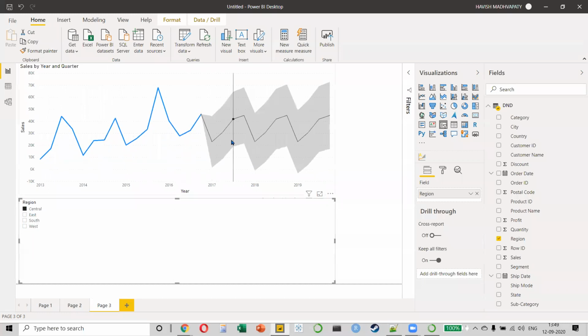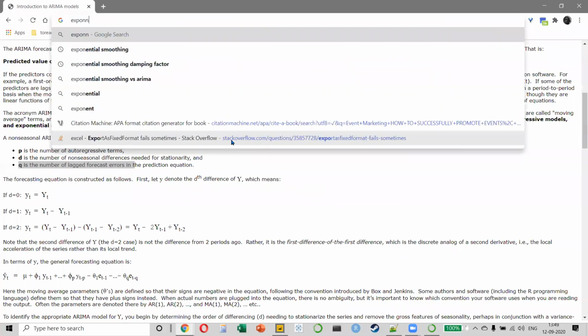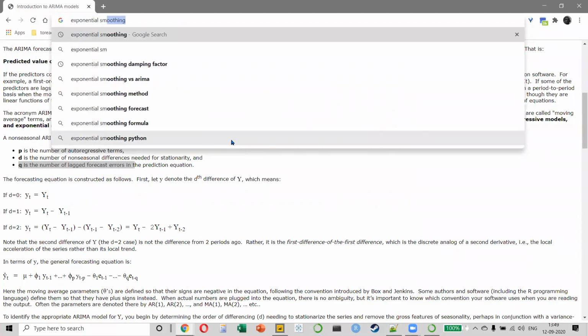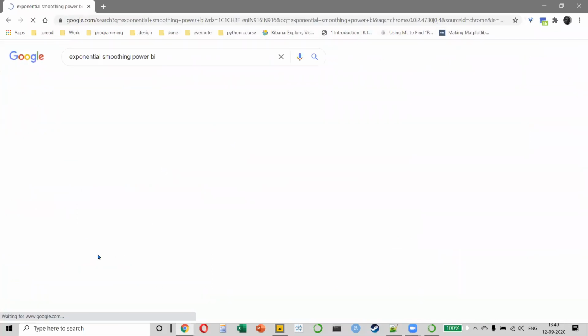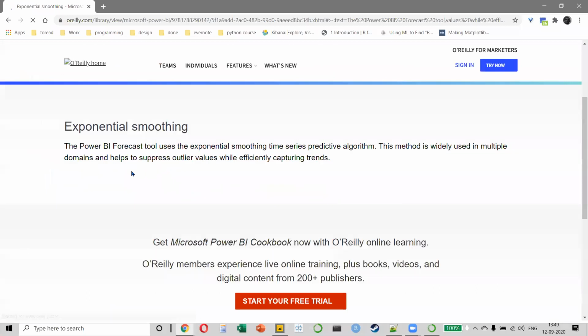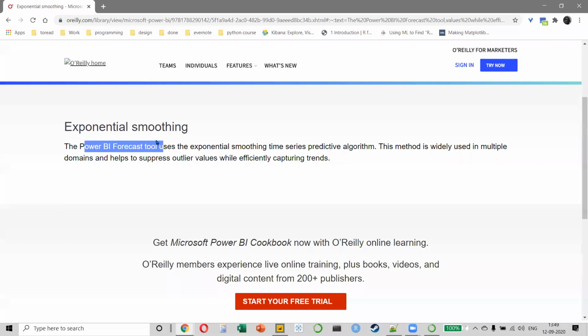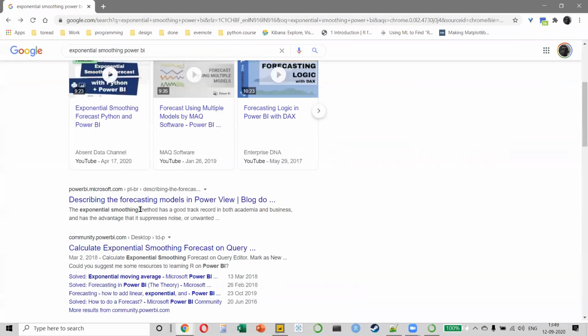Everything is working great. Now, what method is Power BI using? Power BI uses the simplest method of forecasting, which is exponential smoothing, which is the most common method used across the world, across different industries. That is the Power BI forecast tool.